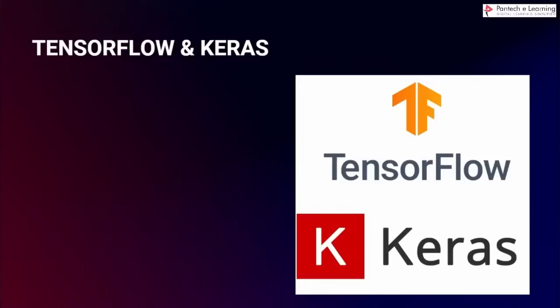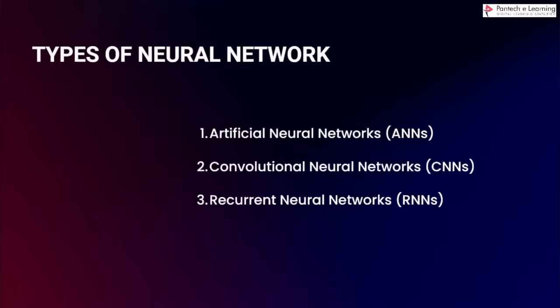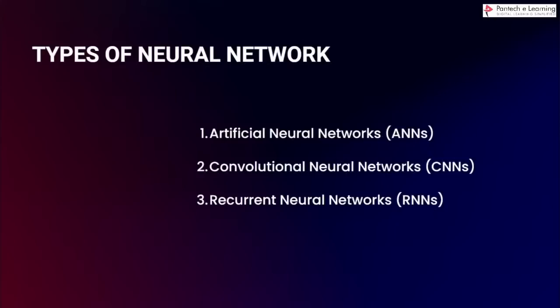Like scikit-learn is for machine learning, TensorFlow and Keras are important for deep learning. You can get all the neural networks from there, and you have to build them on your own. To start with, you can install using pip install keras and pip install tensorflow. And yeah, guys, the next thing, once you have installed it,